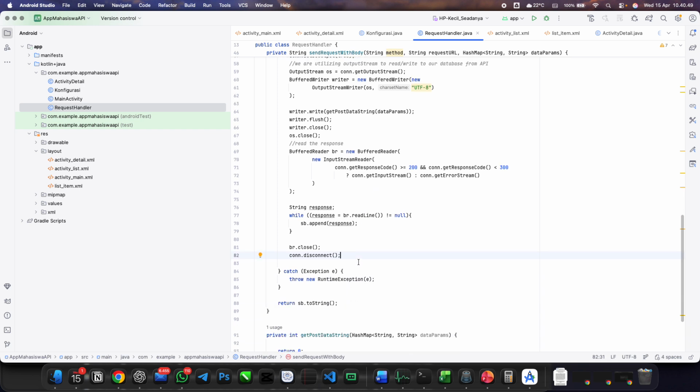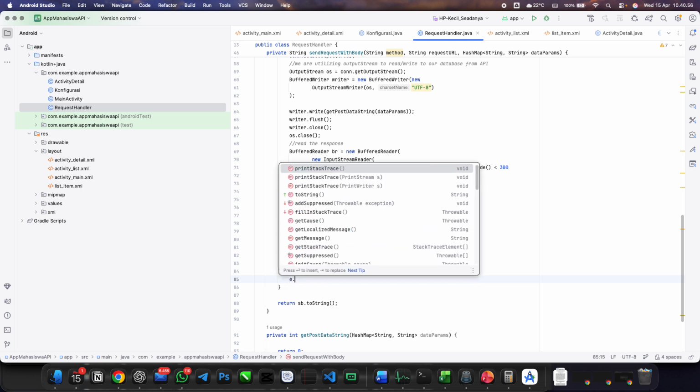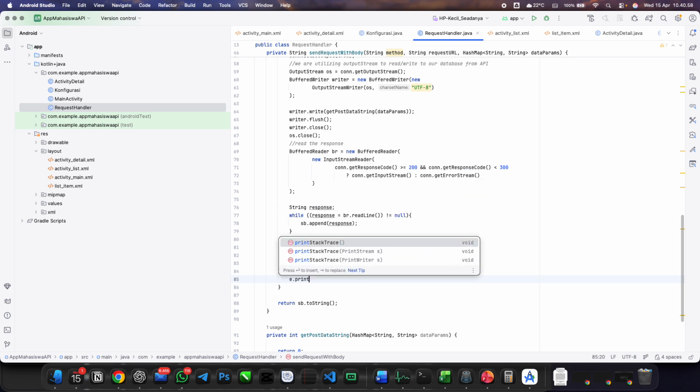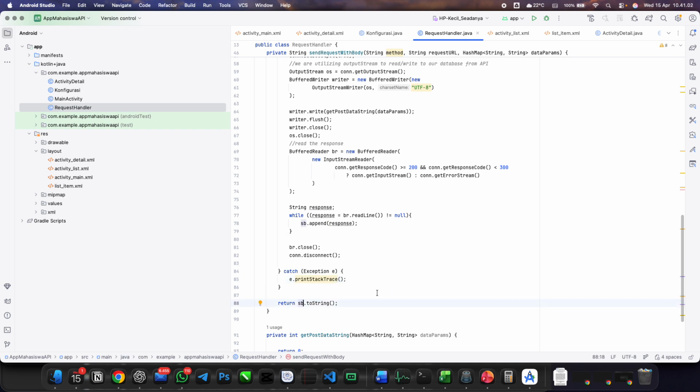Okay, catch exception. We are not using throw new runtime exception. No, we are going only to print the error stack trace and return sb2 string. Now we will continue the application. This is a little bit more. We are already reaching the finish line. Now our duty